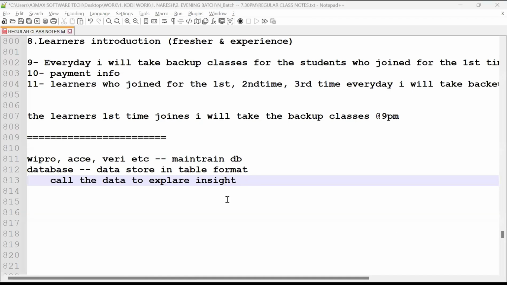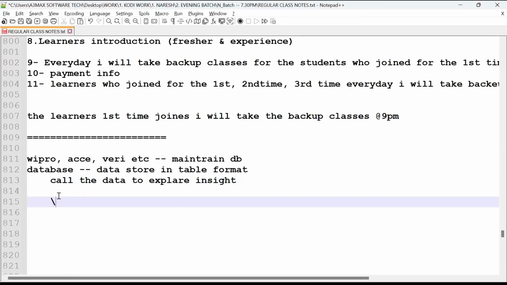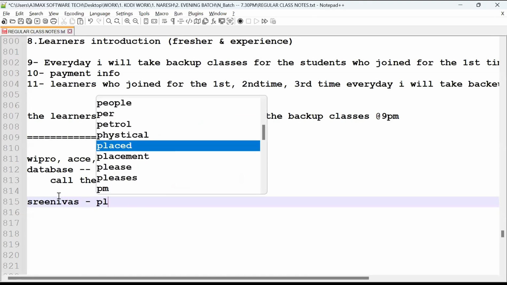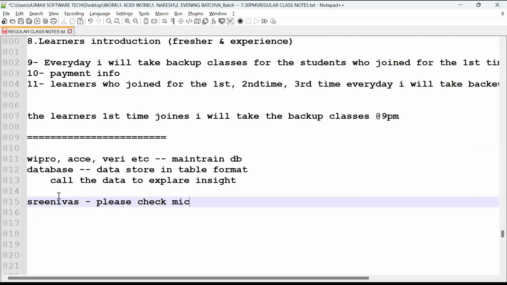In the database, no audio. Srinivas, can you check your internet connection? Okay, Amlan, I hope you're clear. Arbaj and Srinivas, I will talk to you, so check your connections, guys. Please check your mic. The offline and online team, it's working. Am I audible, guys? Please respond. Yes, good. Thank you for your response.